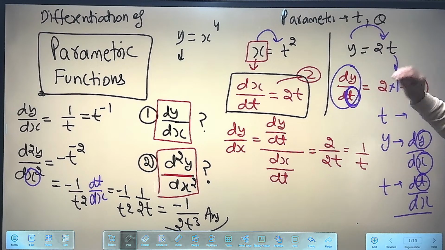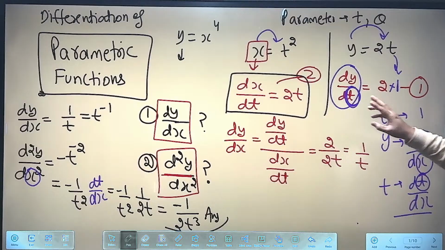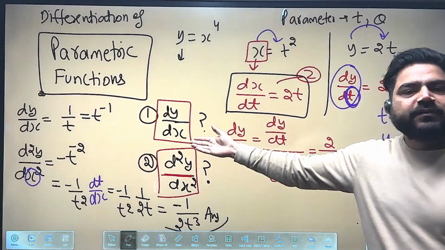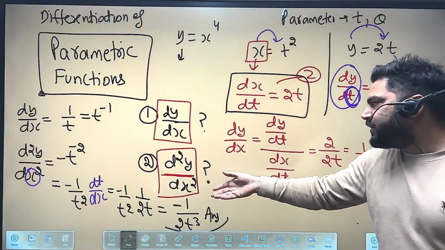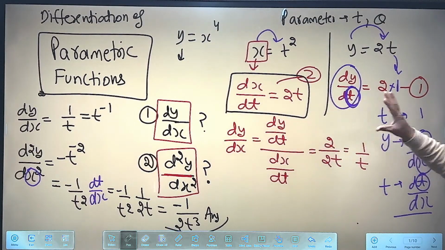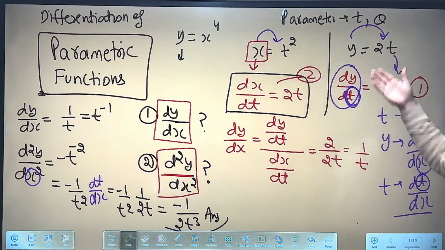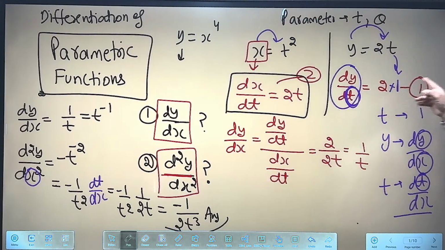that the function will be given in terms of a parameter, x will be given in terms of a parameter like t or theta or whatever, y will also be given in terms of a parameter. They can ask two types of questions: find dy by dx, or find the double derivative. How to find the single derivative: first of all find dx by dt, dy by dt, simple derivative, t differentiation will be 1,